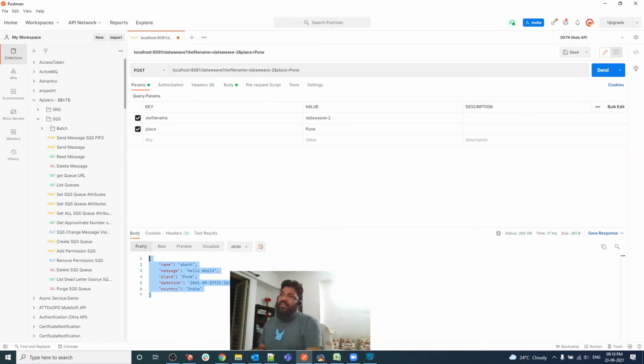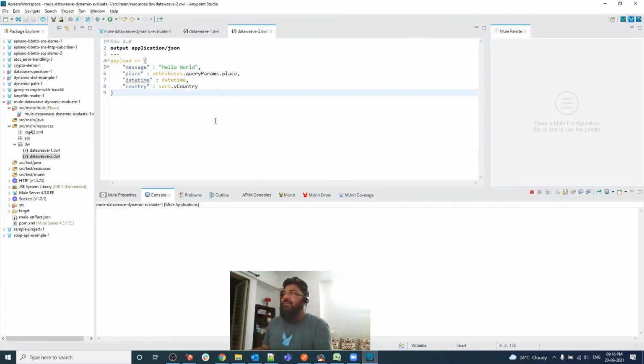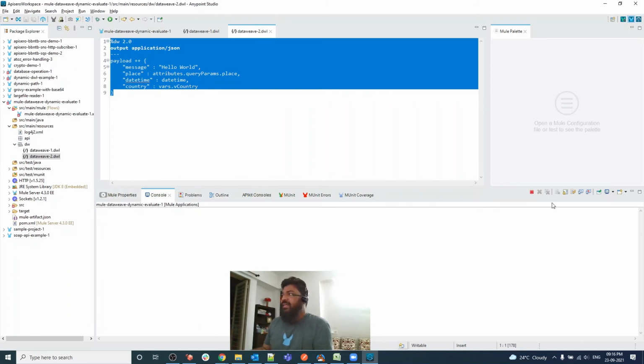You might have seen that for every change I deploy my application, because when this runtime is running it creates a jar file, and my data view is part of the project. That's why I need to deploy again.